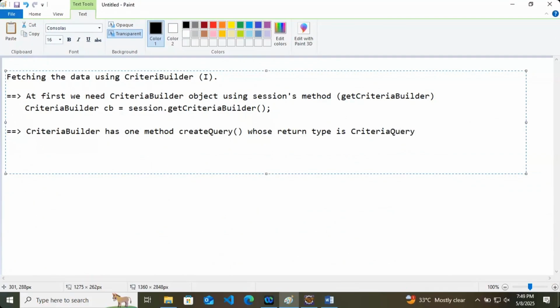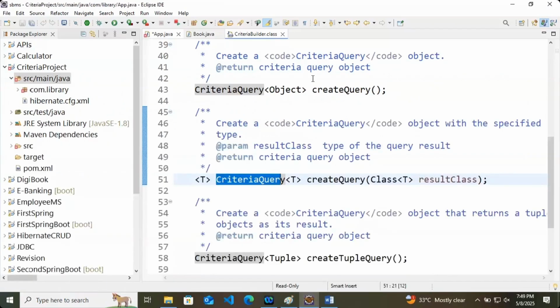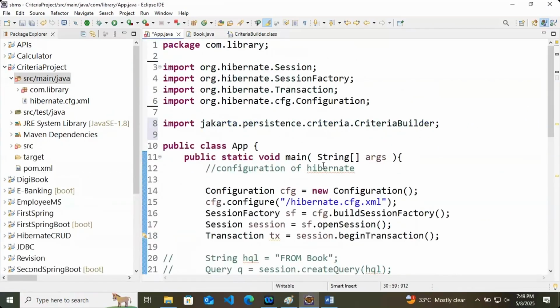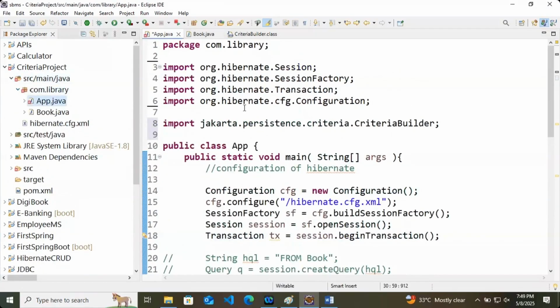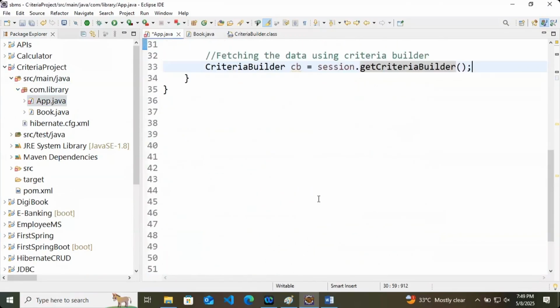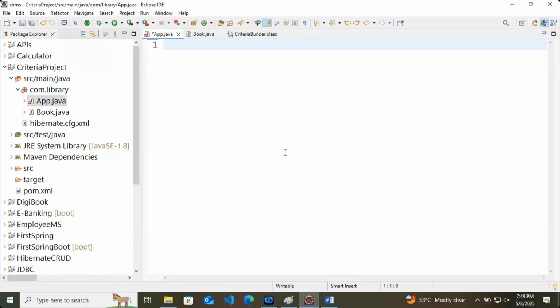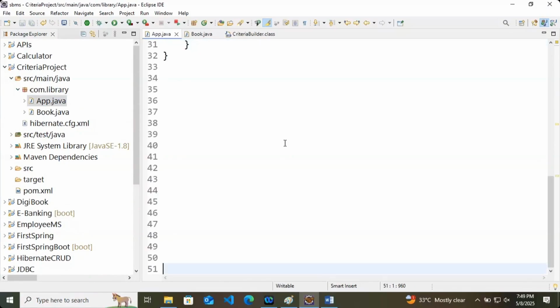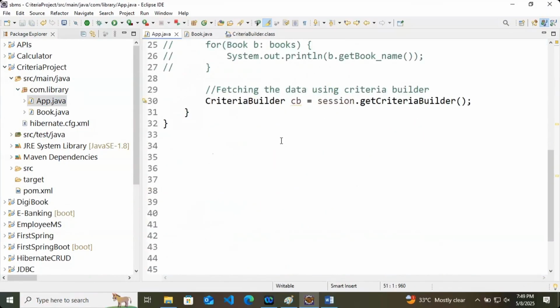So now we have to do this. So in my app.java, it is throwing some error. Where is the error? No error. So here we have created the criteria builder as first.